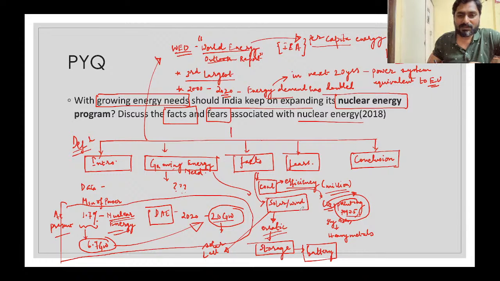Yes, what else do you think is the problem with solar? Now let us just see the problems of solar, and then we'll see how nuclear can solve all these issues, or has a solution for all of these issues with respect to solar and wind power. Now there is another issue of what is called peak power demand. Peak power demand, what do you mean by this?